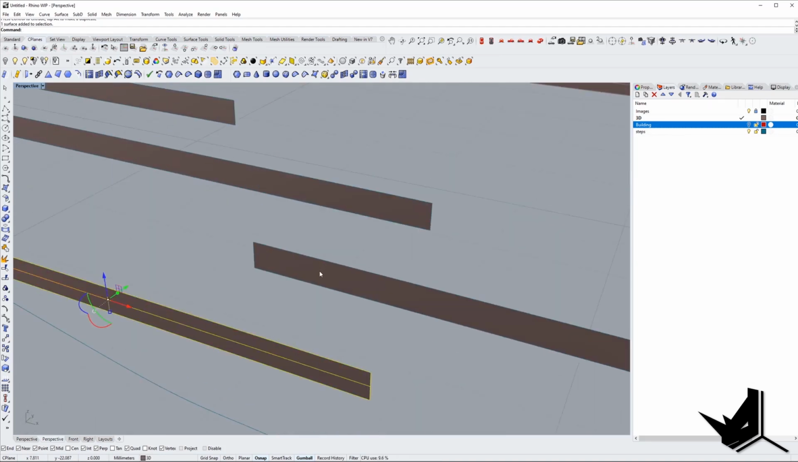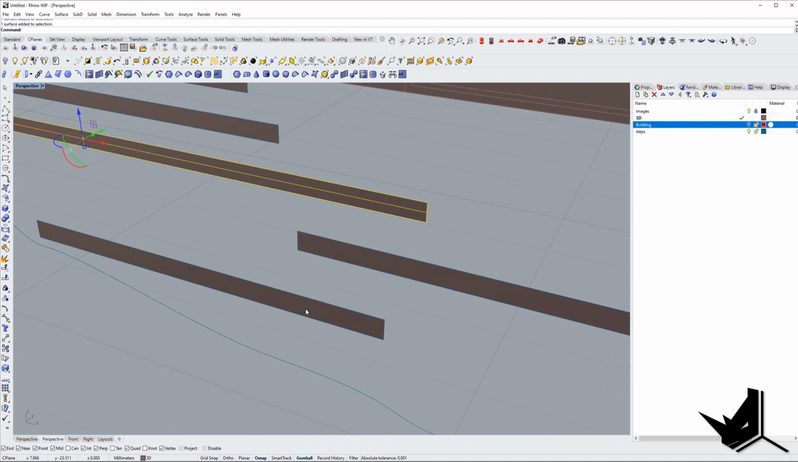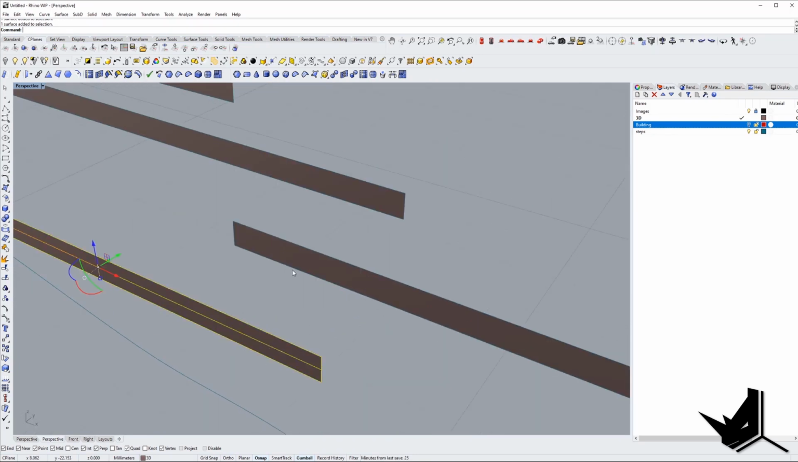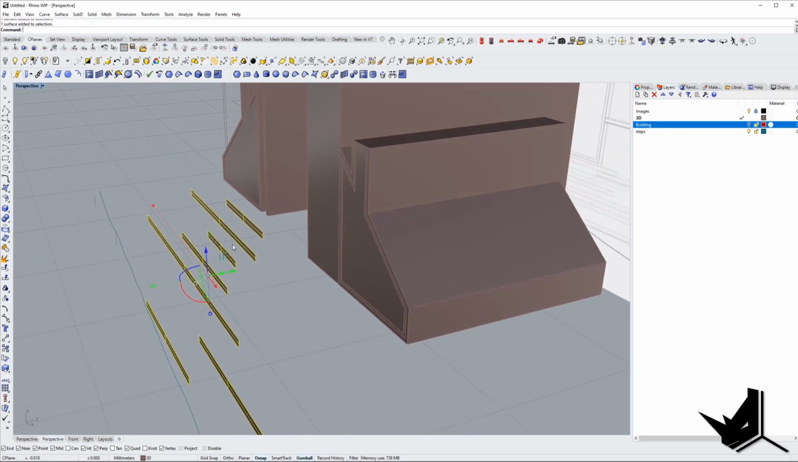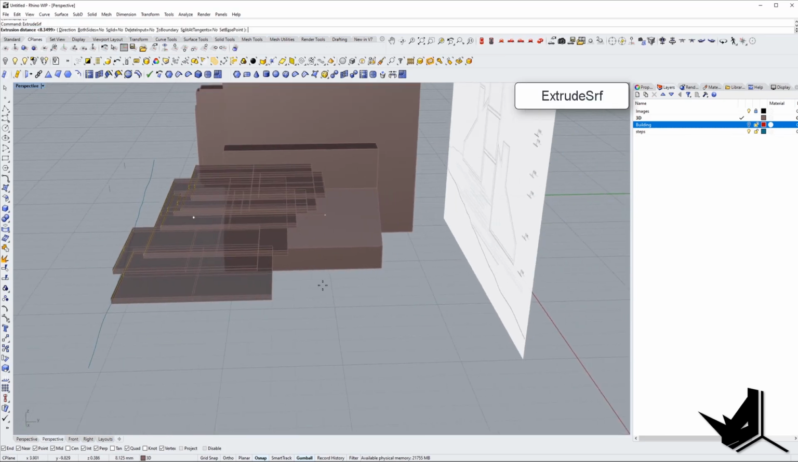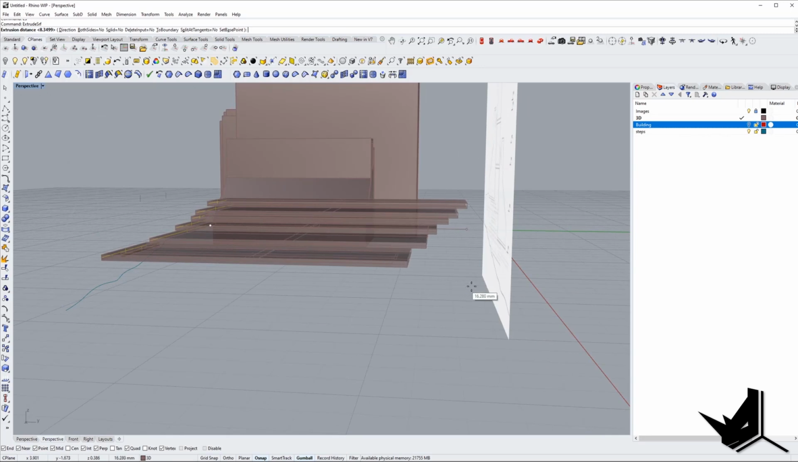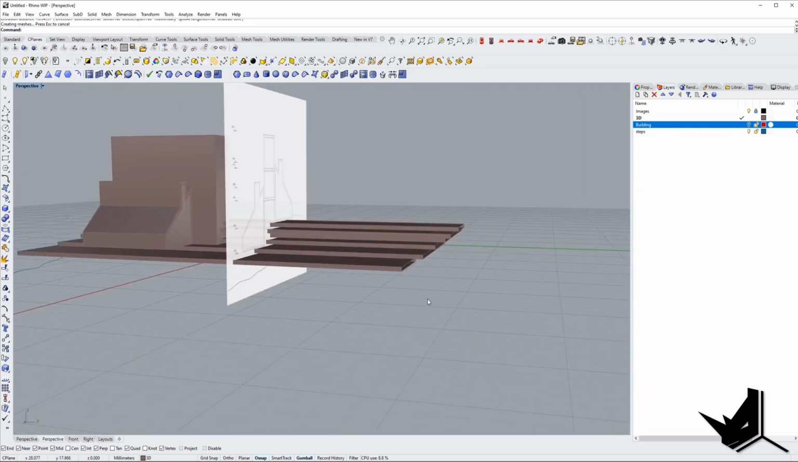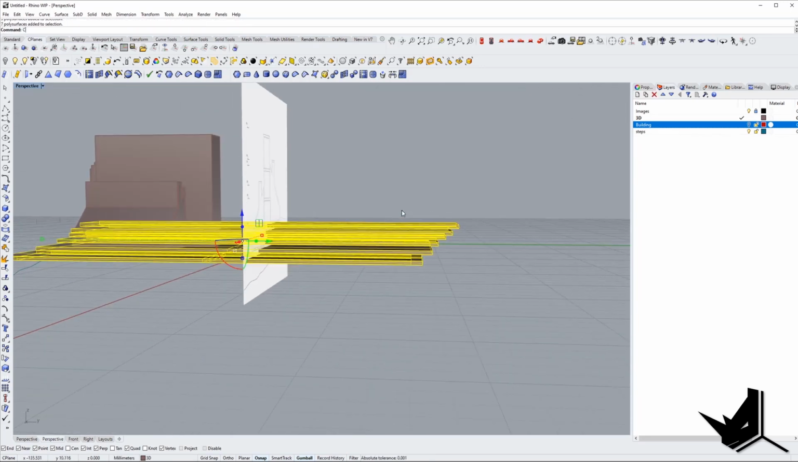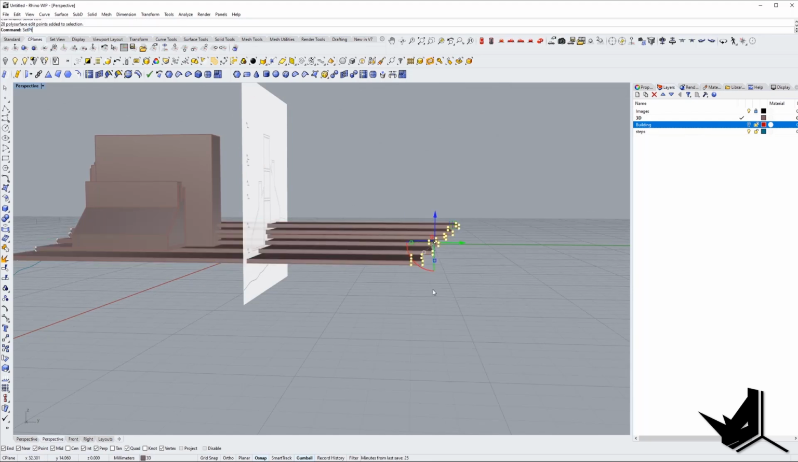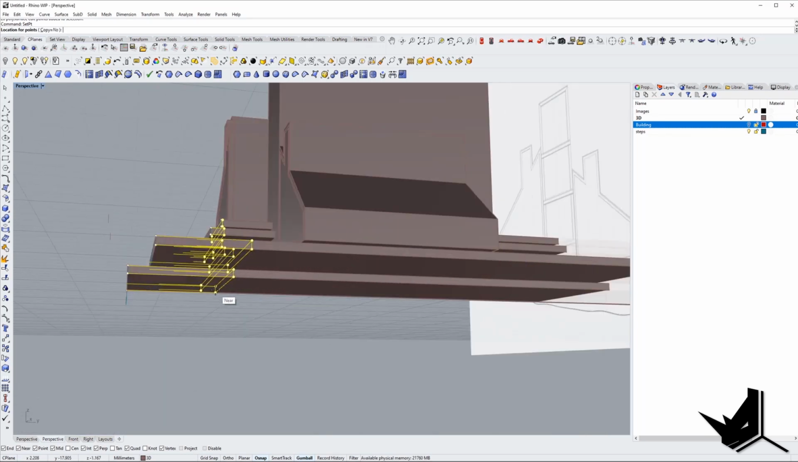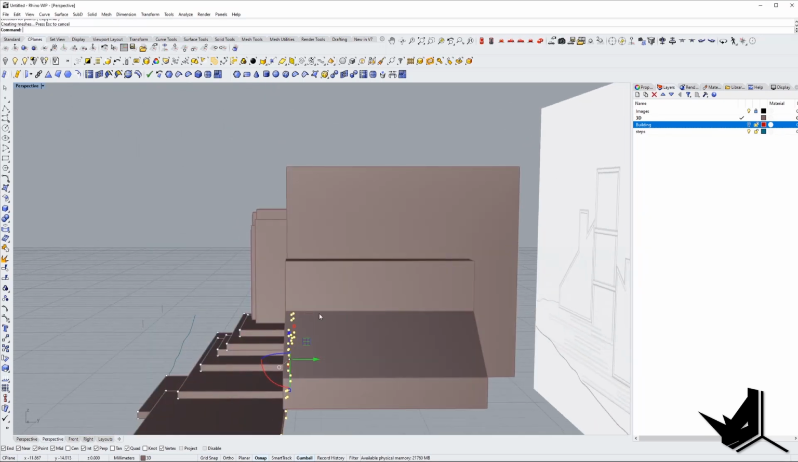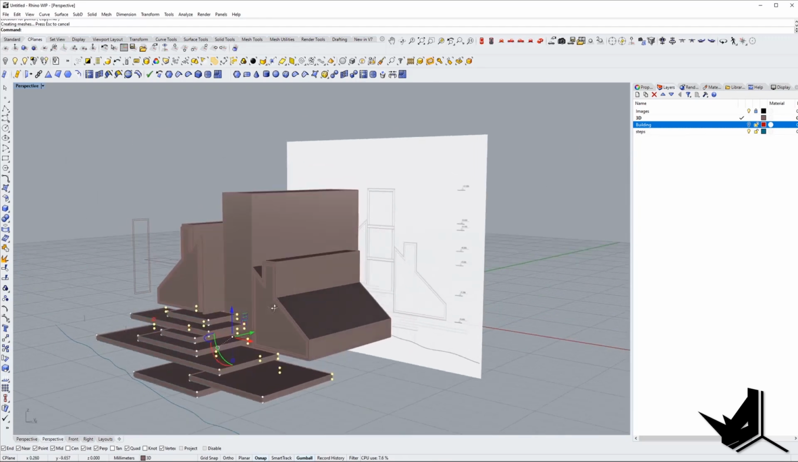And then of course you can simply select all of them by holding Shift. And once you do that, you can say extrude surface, and you can go all the way inward or all the way here. And let's cap these. And the cool thing you can do, you can say set point, bring them all in one place. For example, that would be here, because this building will have